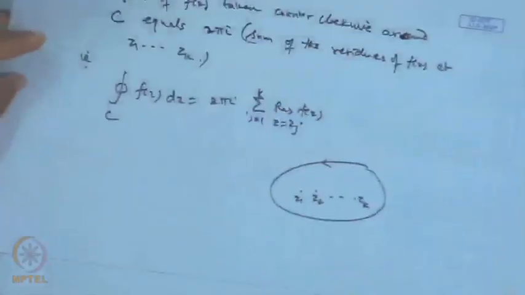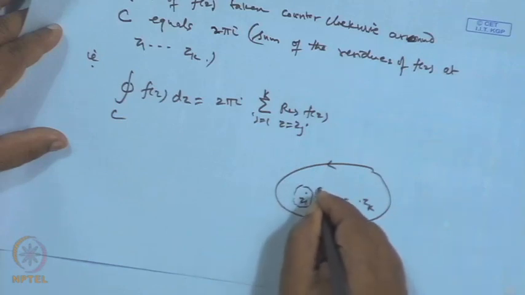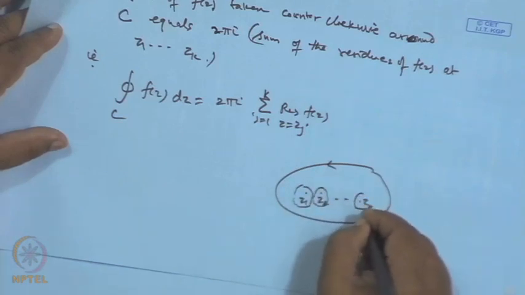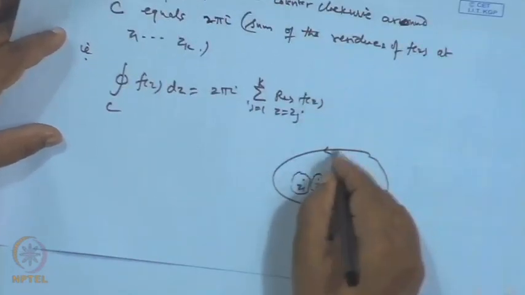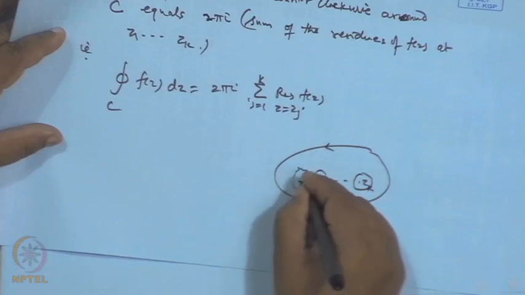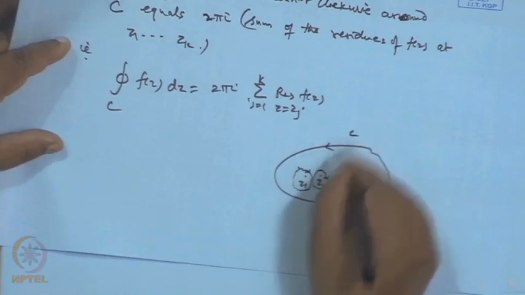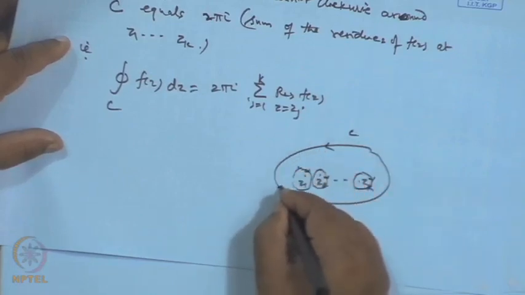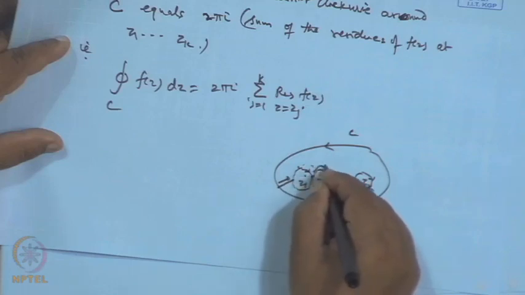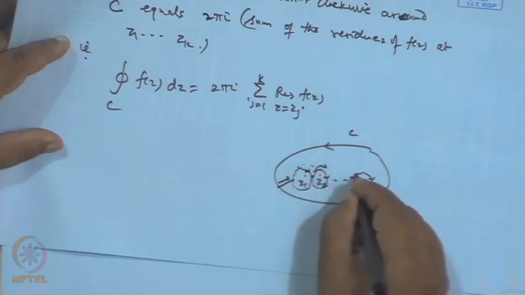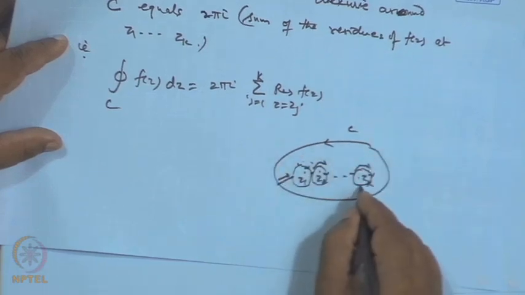The proof is very simple. What we do is remove these singular points z1, z2, ..., zn by enclosing each of them by a circle, and let the direction of this be, suppose, clockwise. Then if I go along the path C, when you move along this curve in this direction and then come back again in this direction like this, we get a region where the